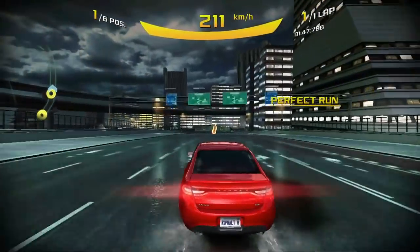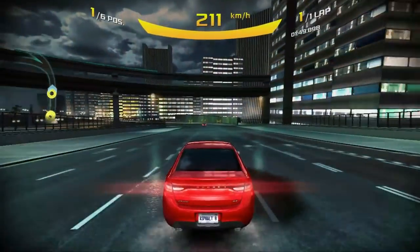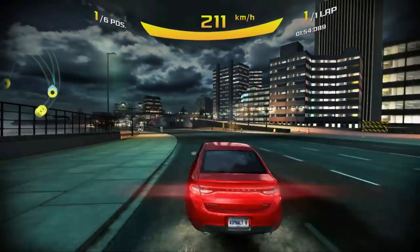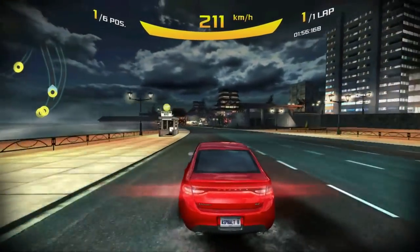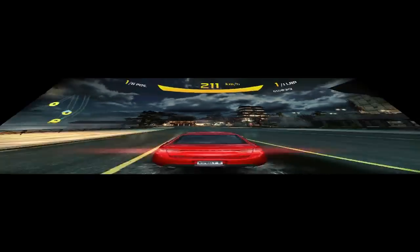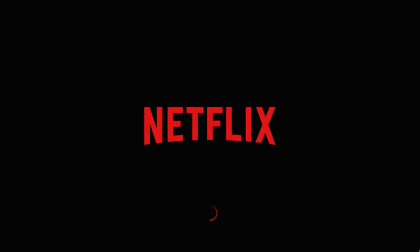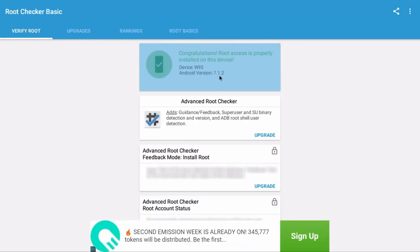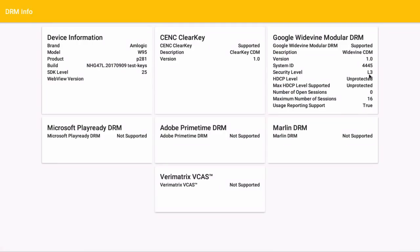Now that's probably down to Amlogic at some stage in the development, but only the joypad drivers for official Xbox 360 controllers seem to be present in this Nougat firmware. So for you Netflix users out there, unfortunately this box is not going to fully support it. It is not only rooted, and Netflix at the moment requires an unrooted device, it's also got DRM level 3, and as we know, we need level 1 to actually get the absolute most